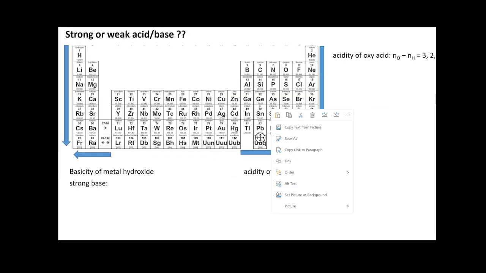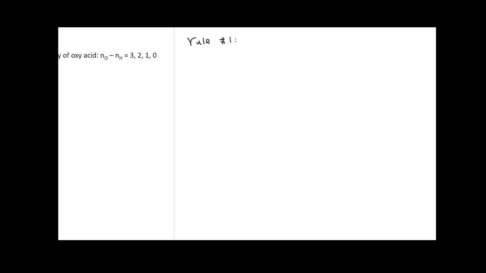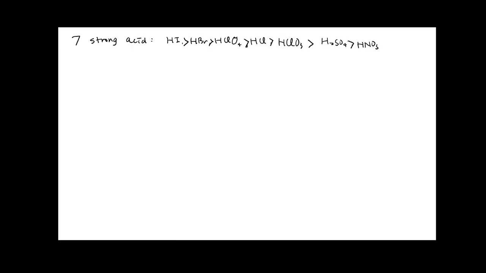Okay, so rule number one. There are only 7 strong acids. Okay, so these are the 7 strong acids. And then for your strong base,